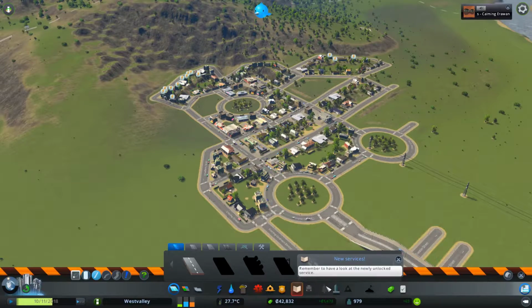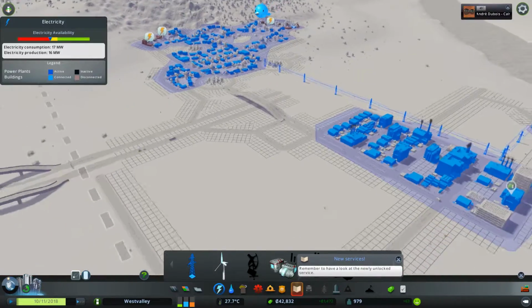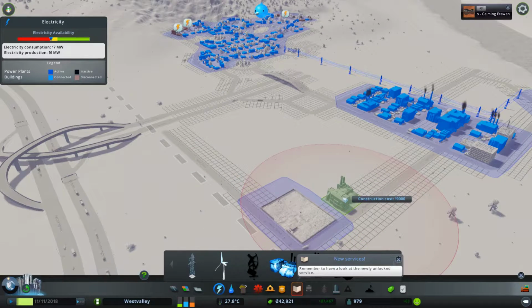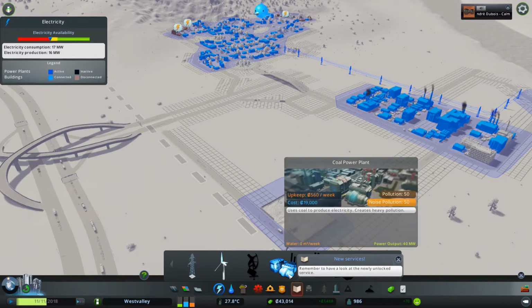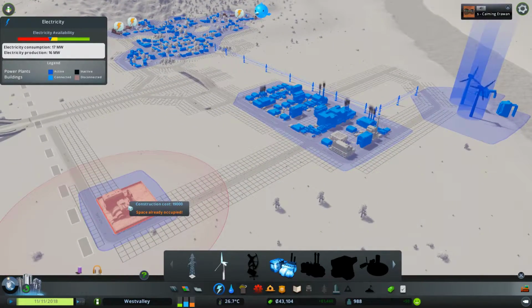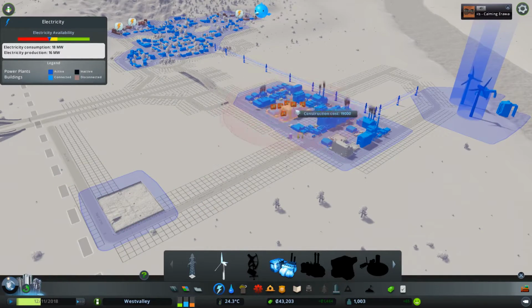And now we're getting some power complaints. I think, guys, I'm going to make an investment over here, and I'm actually going to construct a... What is this? This is a coal power plant. And I'm probably going to want to put it away from the commercial area. Eventually, we're going to upgrade these to